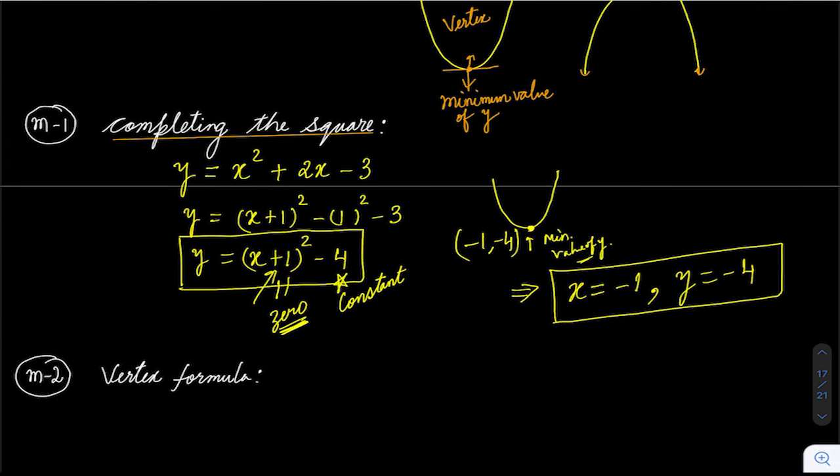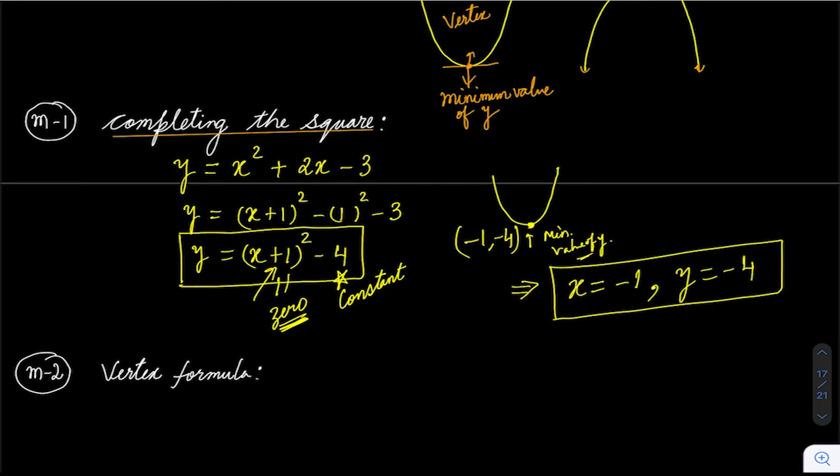So what's the way to remember this? You don't have to do all this, when it is minimum, when it is 0, things like this. All you have to do is make a perfect square. By perfect square, I mean complete the square and make sure there is no single x term. There should only be x in the square term, like this. Once you have that, equate that value to 0. That will give you the x value, and then substitute that x value to get the y value. So this is method 1, completing the square.